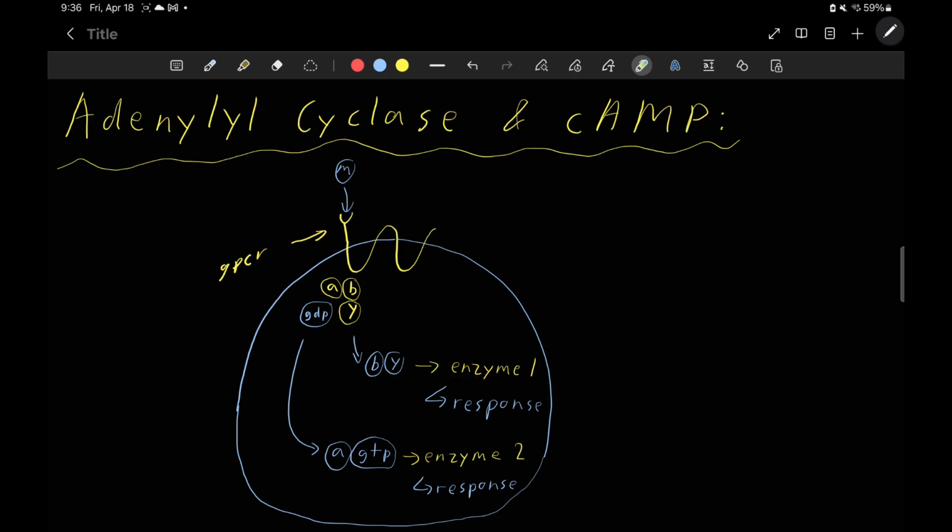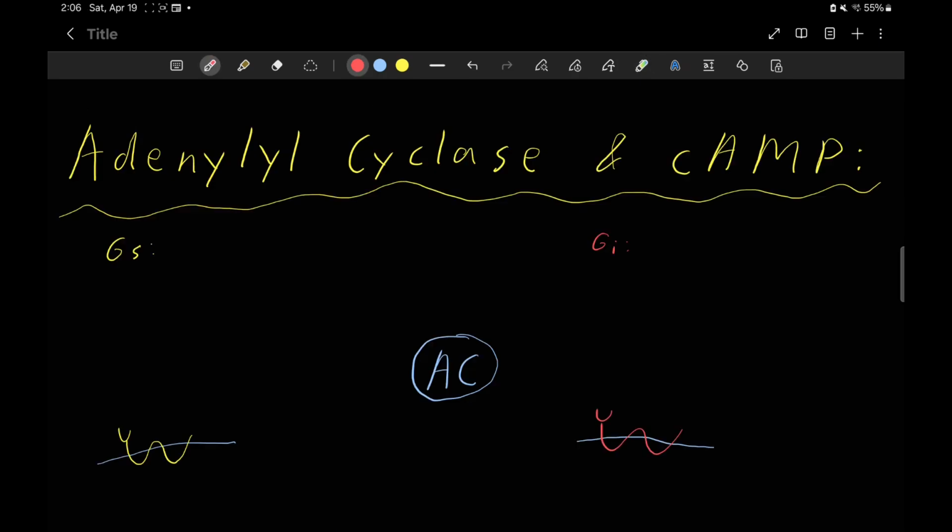Today, we're going to focus all about a specific type of enzyme that is called adenylyl cyclase. We're going to learn about how this adenylyl cyclase is activated and what it does, which is produce cAMP. And we're going to learn about how this produces responses inside the cells. Let's get into it. So before we get into how adenylyl cyclase works, first let's take a look at